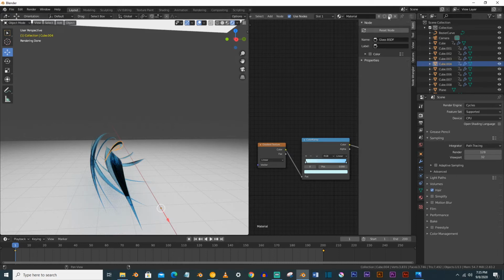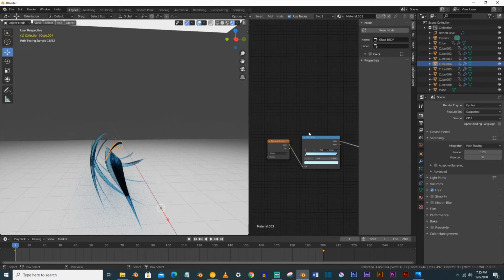And first make a material and make it white, totally white material.